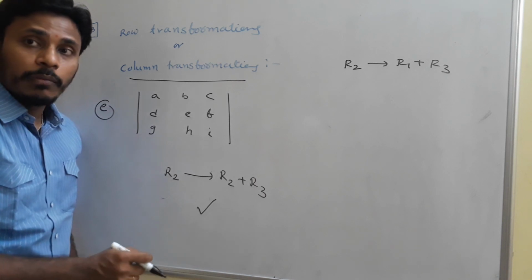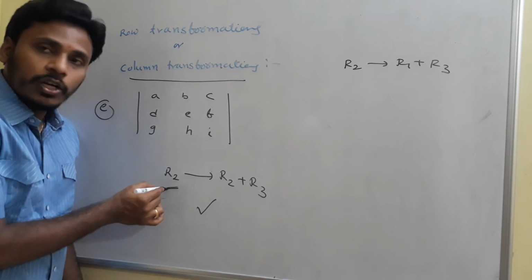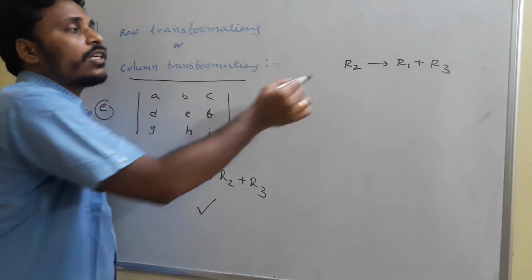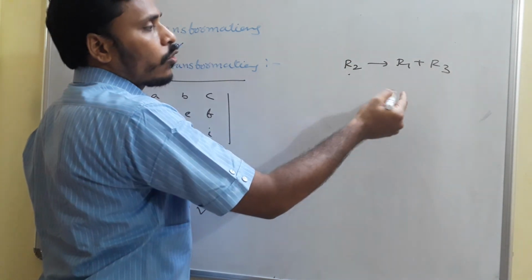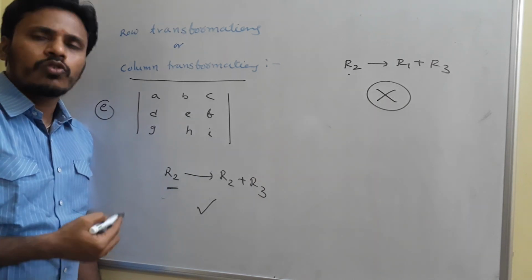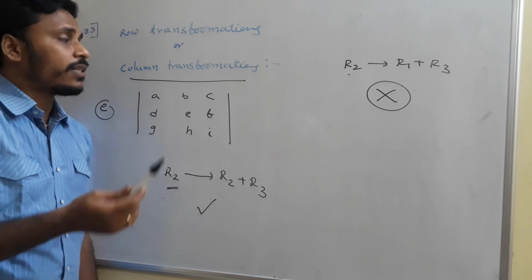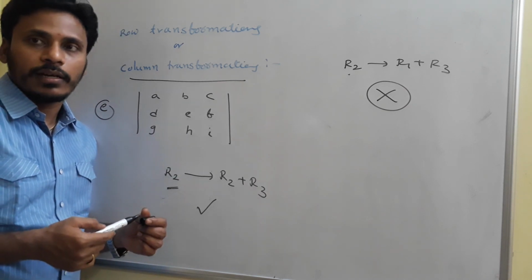So at the end, what I am concluding is, while writing the transformations, if you are changing R2, the change must include R2. If you are changing R2, the change can't go without that R2. This is a wrong transformation, whereas this is a right transformation. If you solve some problems, it gives you much confidence in solving the problems. Just have a look, and then I will handle some problems maybe in some other class.